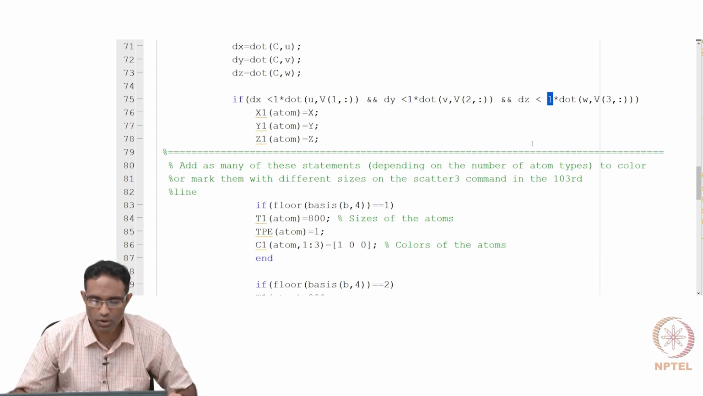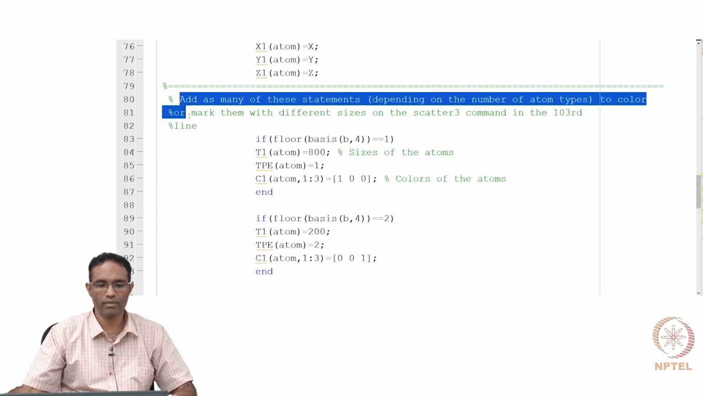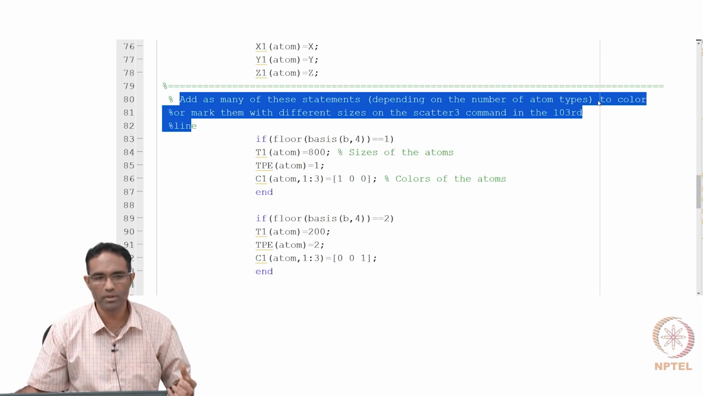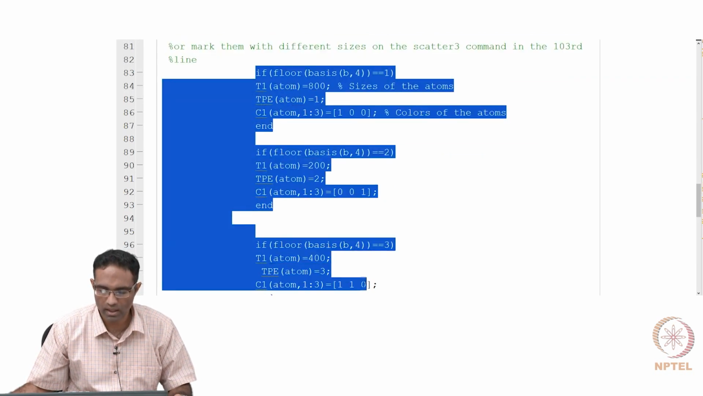Okay. In addition to that, there are a couple of different lines here also, which I have commented here. Add as many statements as required depending upon the number of atom types that you have, so that you can color or mark them in different sizes and plot them nicely. So these are the various lines